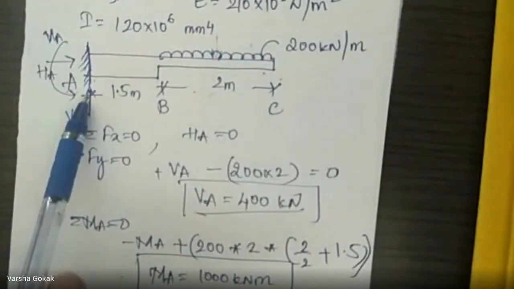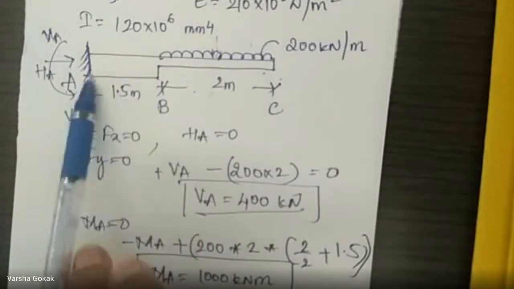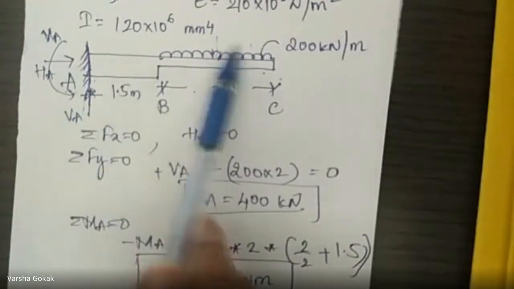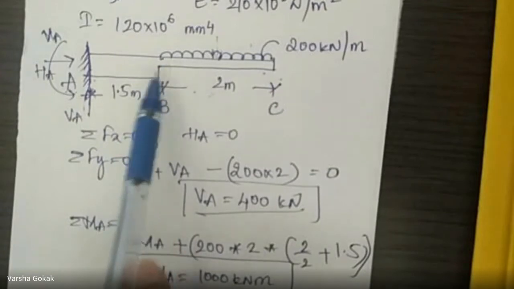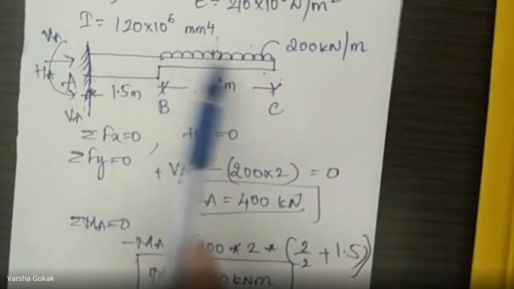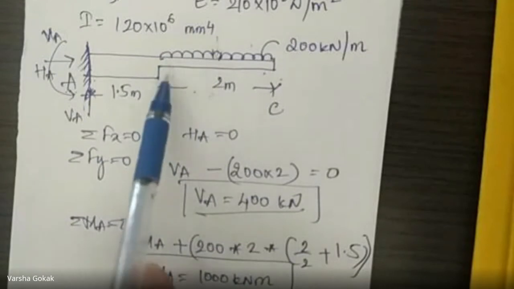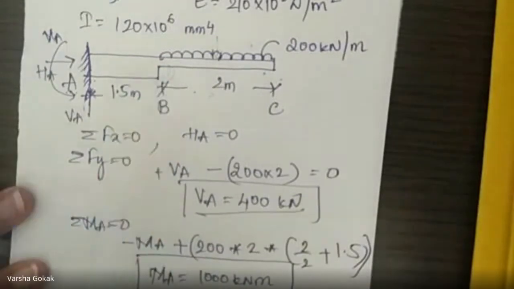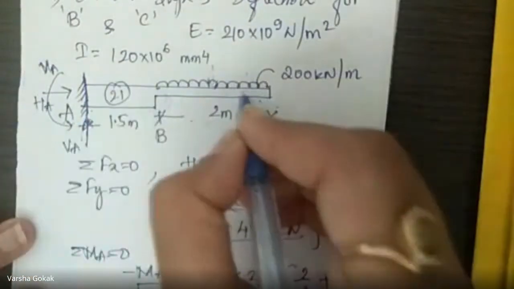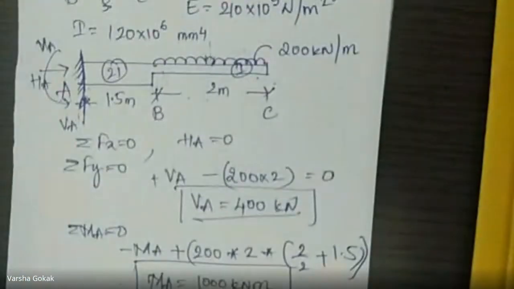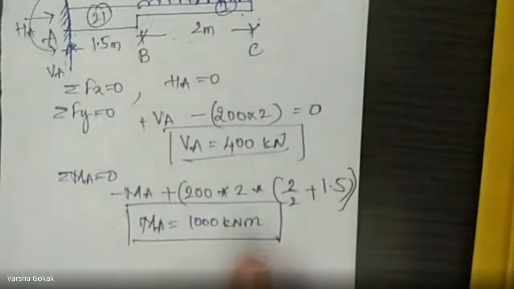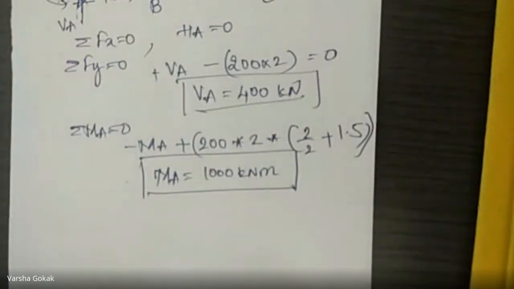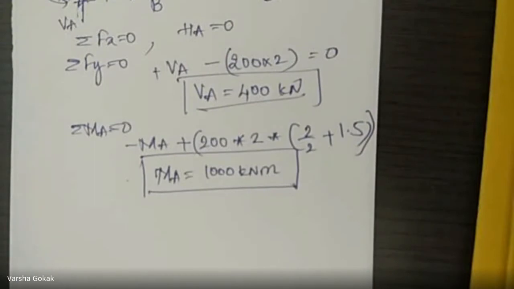Reaction value of this it is. It is not the reaction value or moment at this point, but because there is a change in cross section, that's why the moment of inertia is changing over here. So we will have to find the moment at this point also while drawing the bending moment diagram, right? In this question, this is 2I and this is going to be I, right? Because there is a change in cross section and they've given you EI values. So once this is done, we have to draw the bending moment diagram now. So to draw the bending moment diagram,